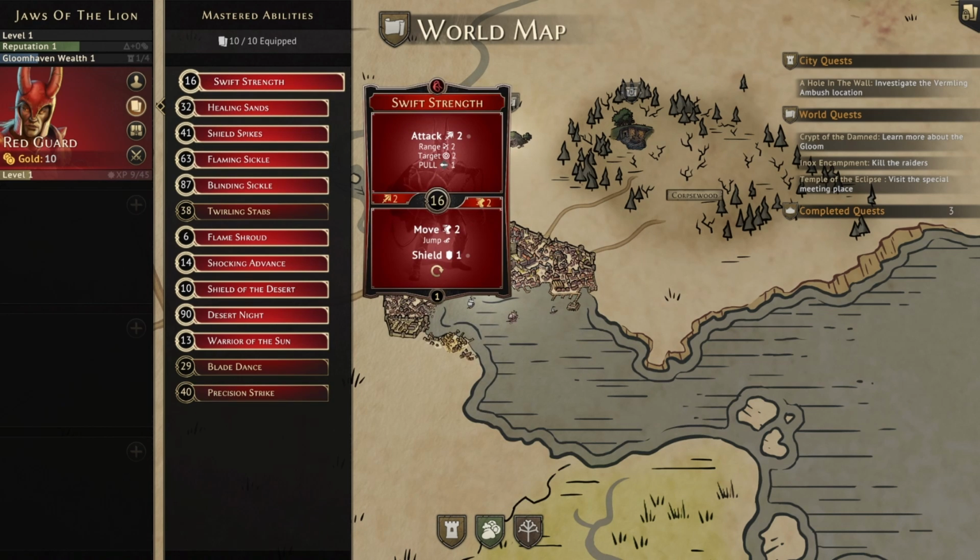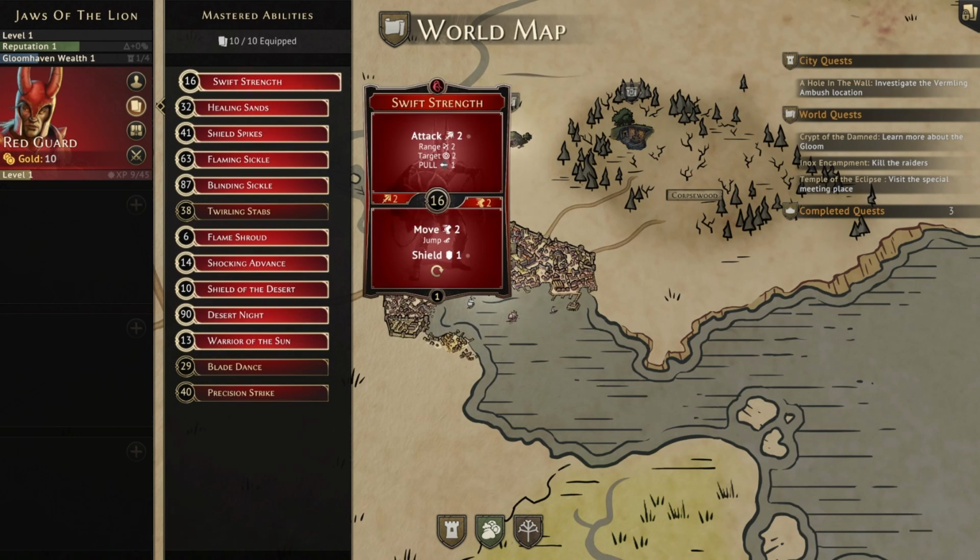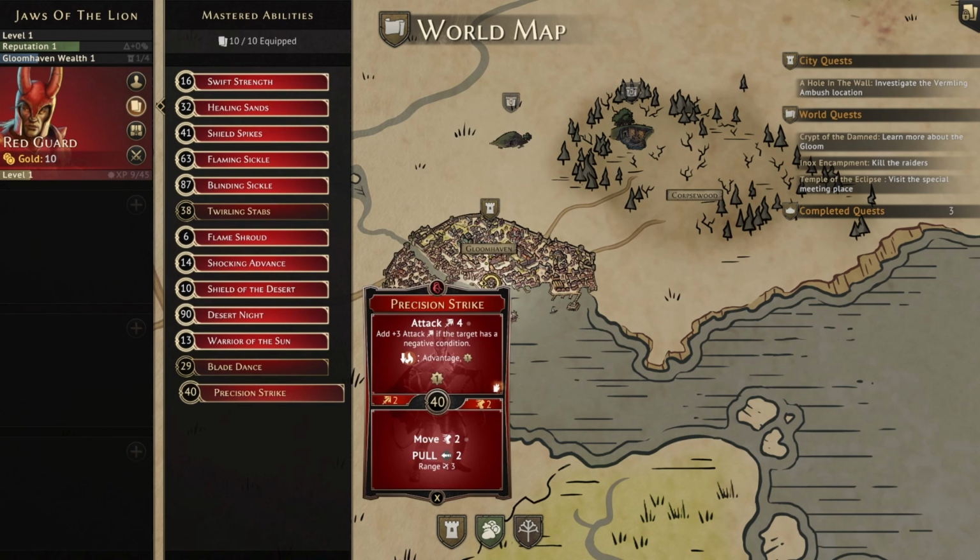Can be quite a nice way of you getting 2 targets on swift strength, because of course you could go 16 initiative here, do your move 2, pull an enemy into range 2 of the other one, and then you've got your 2 targets, hopefully range 2 from yourself. So there's some nice little things you can do with precision strike, but I think in general this card, the top is underwhelming in general, and I feel like the bottom it's usable, definitely,